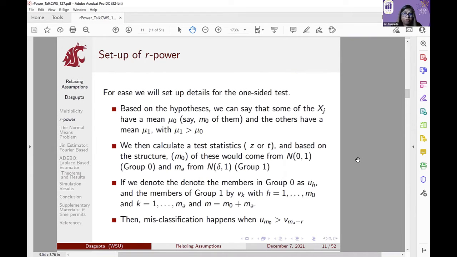So what we did was we saw that I can find the order statistic distribution, and that's exactly what R power is based on. You look at the order statistics, the largest element of the null list and the M minus rth element of the other list, and you look at the probability, given these conditions, that this is not going to happen. So 1 minus this probability will give us R power.